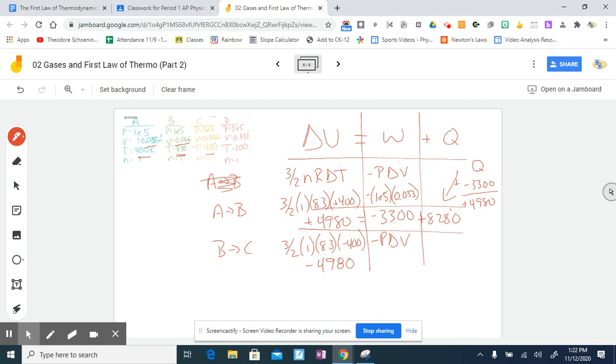Now, in this particular case, there was no volume change from here to here, from B to C. So that means that this is just flat out 0. And then hopefully we see that this one's nice and easy. Then that must mean that this is negative 4980 because